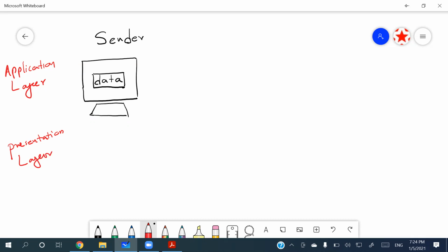So in the presentation layer, there are several things that can be done to this particular data. Then from here onward, we talk about the data. It's the data which is going to be ones and zeros at the very last end. Right? So what is actually happening is